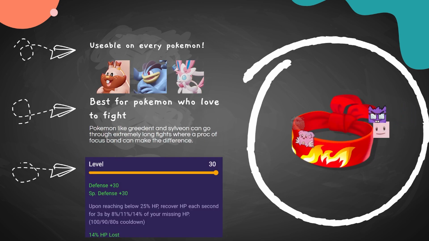Focus Band. Now, this isn't for every use case, but it's going to be your choice between Buddy Barrier or Focus Band when it comes to an item that keeps you alive. It's usable on every Pokemon in the game, but the item itself